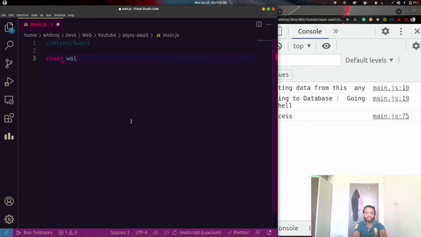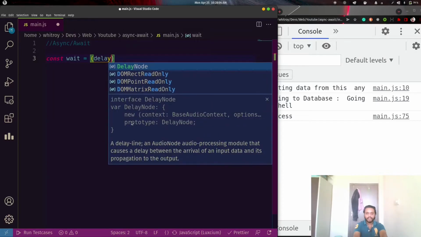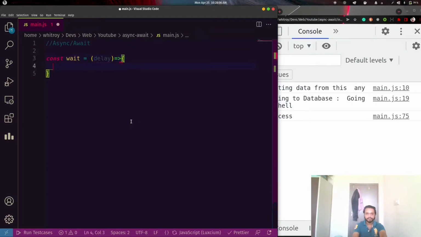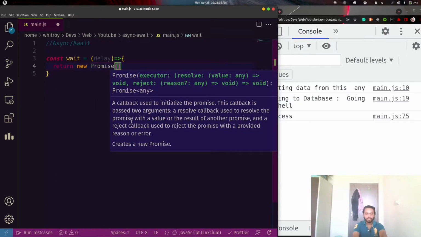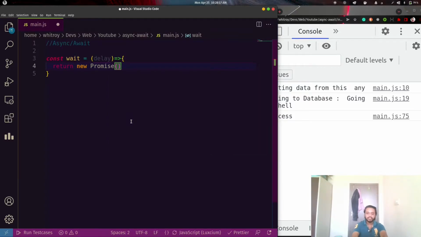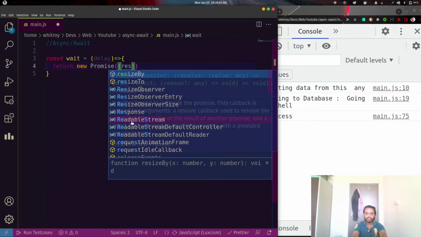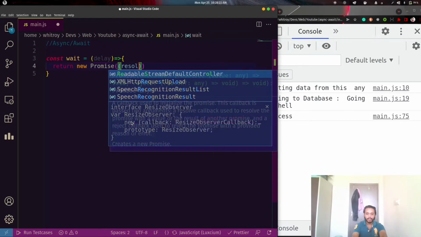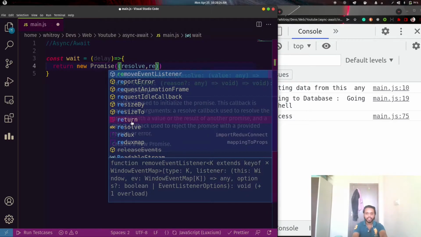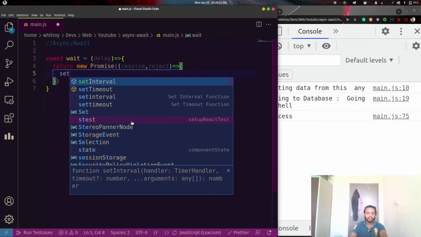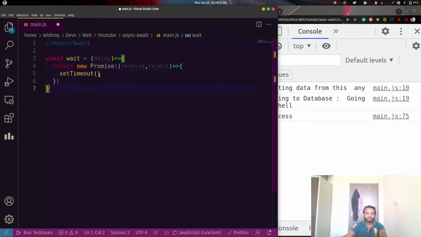Let me declare a function wait, which takes a delay as a parameter and returns a promise, which takes a callback of resolve and reject. We are making a function which creates a delay in the code with the value passed in the parameter.